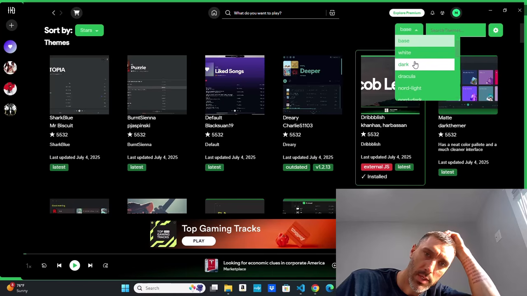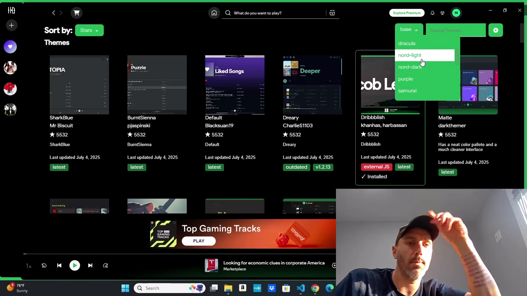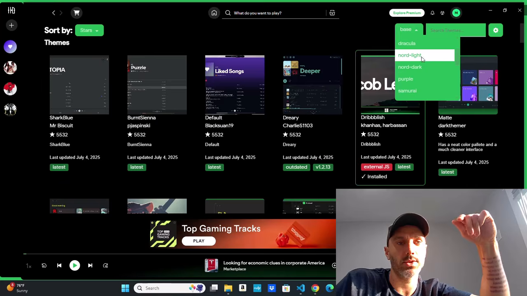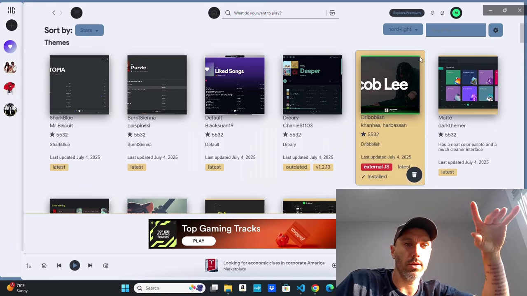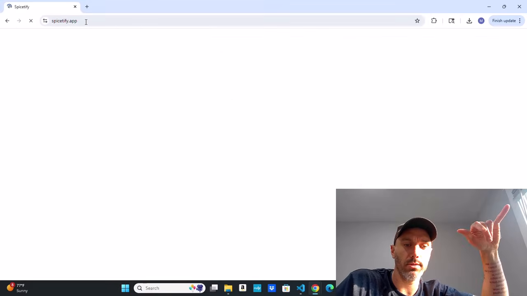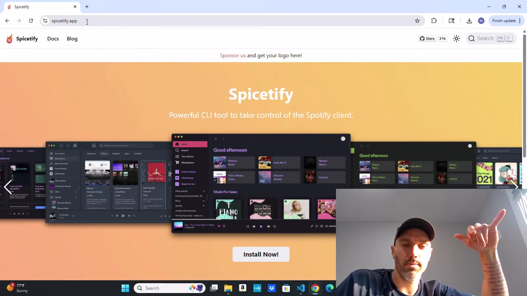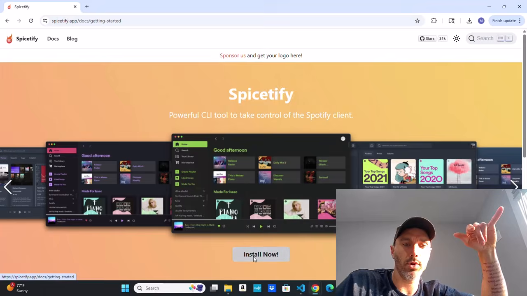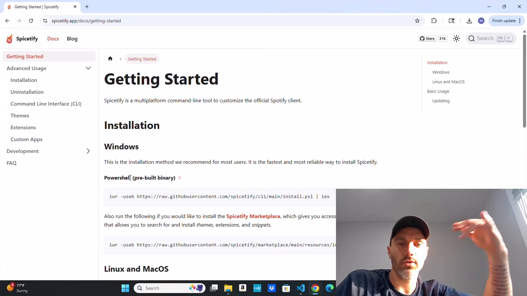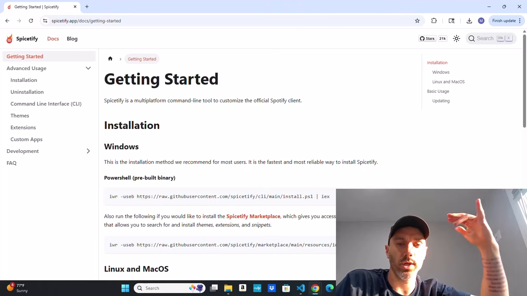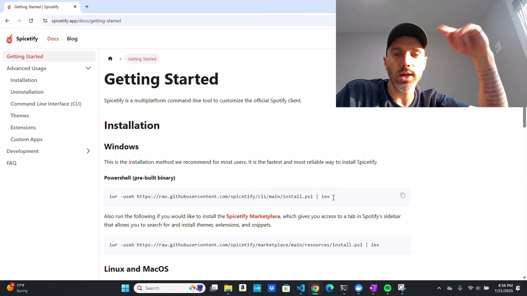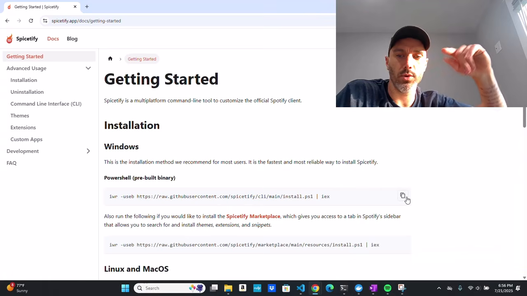Alright, so if you want to customize your Spotify app with Spicetify like this, it just takes a minute. You go to spicetify.app here. Below the center of the page, hit install now, and then you're going to see lines of code in gray boxes. Make sure you go to the Windows section if you're using a Windows computer, but other than that, it does not matter which line of code you use. On the right side of the grayed out boxes though, there's a little copy button, so hit copy on that,